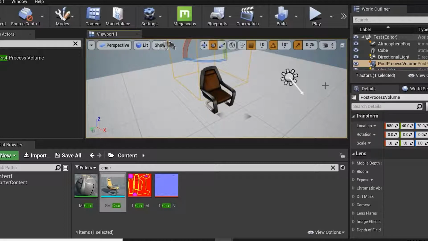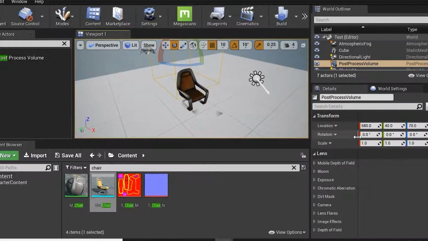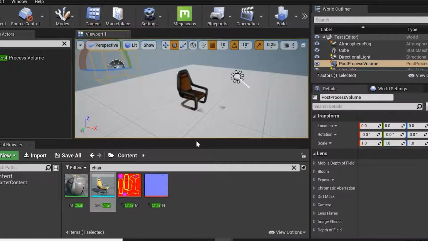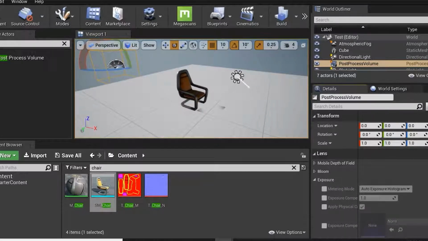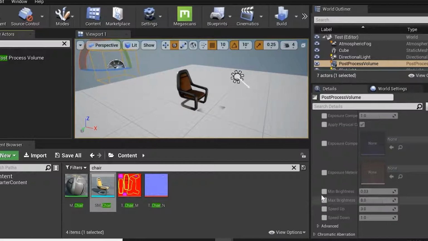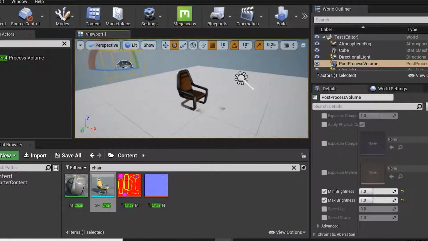Correct. So this is the post process volume we need to give whenever we create any scene over here. Make this again 000. It's better to have this setup in our level, right? Now in the post process, here we have the exposure, right? If I require anything, I just need to type into this placeholder. In the exposure, if I go down here, we have the maximum brightness and the minimum brightness. I need to make sure it is 1 for the maximum and 1 for the minimum.